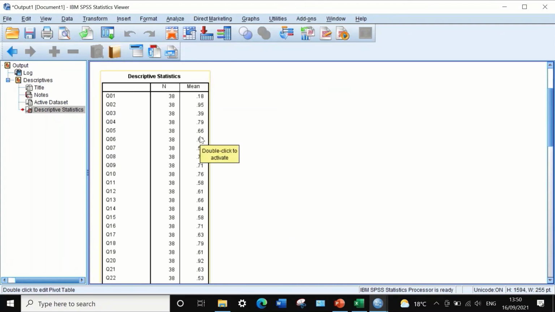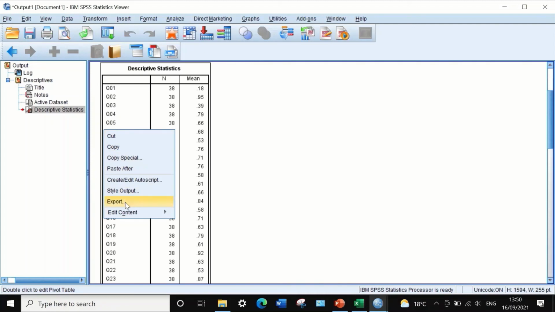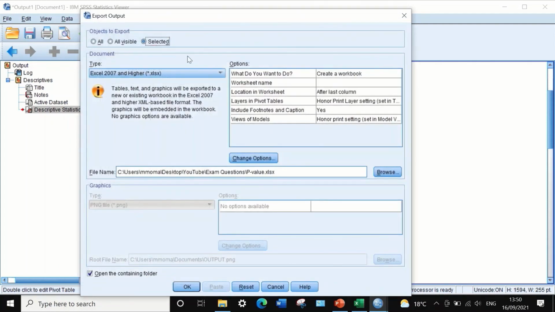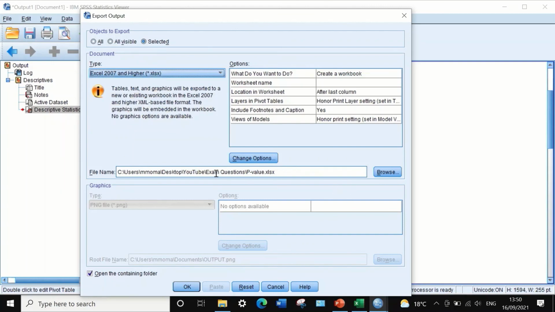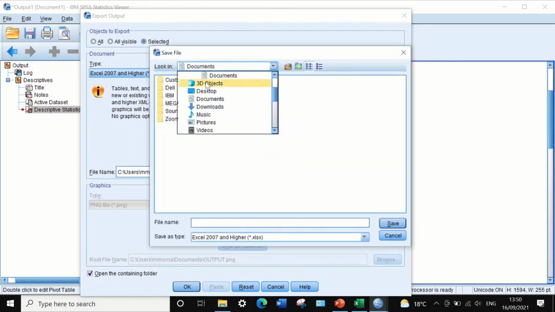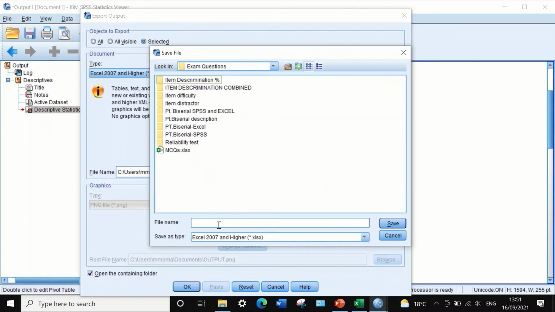And to transfer this table, I'm going to export this table into Excel and save it as an Excel file. And the way to do that is to click on the table as it's highlighted in yellow, and then right click on it, and there is a function for export. Click on that export, and I'm going to export that table into Excel, which is 2007 and higher, and I'm going to save that in the folder for YouTube under exam questions, and I'm going to save it here as